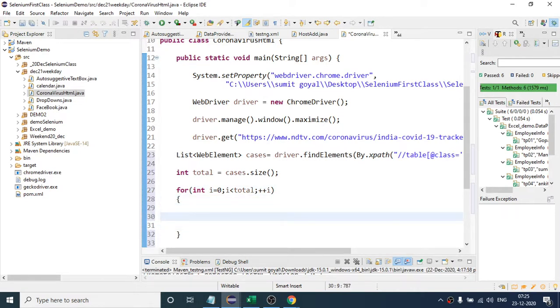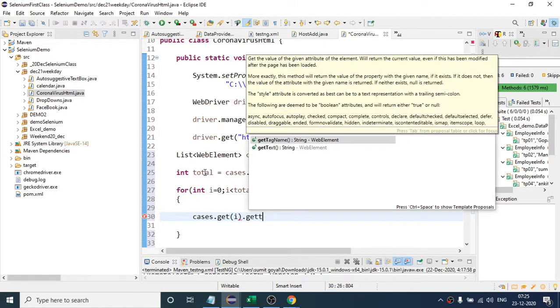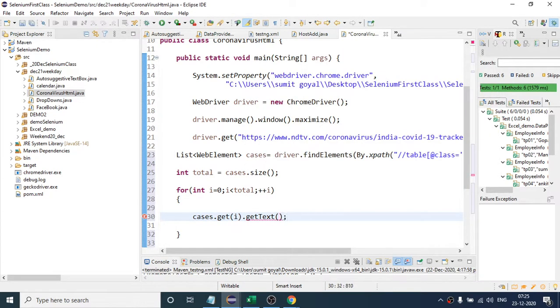And inside that I can say cases, just like we did for the calendar. Same step: cases dot get of i, and from that get me the text. This will give you the text, and after that I will write String case number, and then print it.